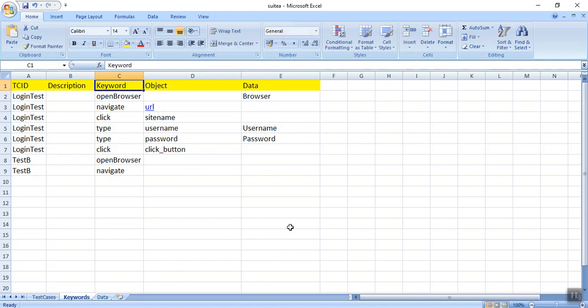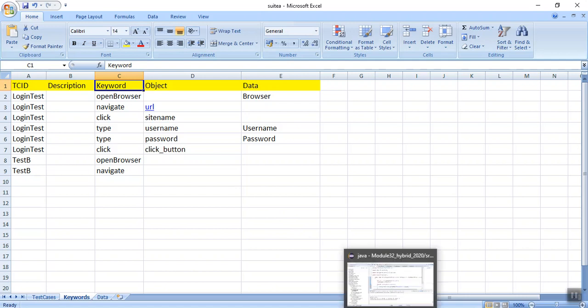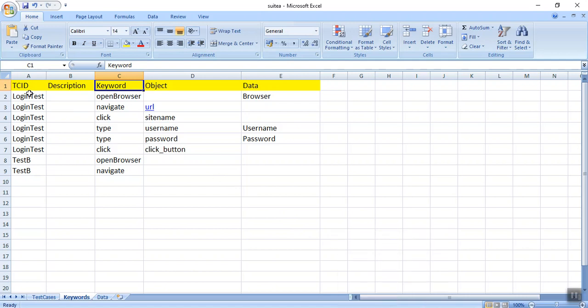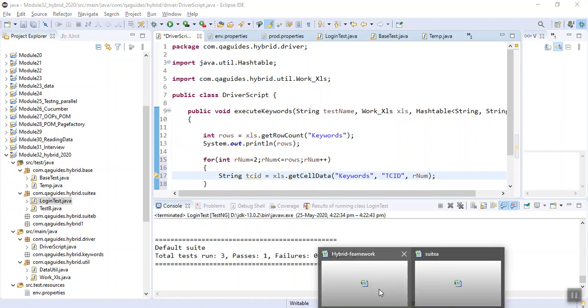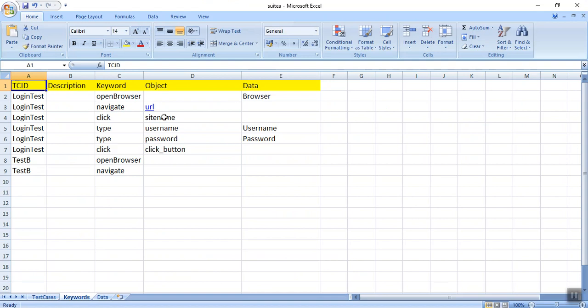Sorry, first I will take this id, tcid. Let's read one by one everything. tcid I will have, and we are on the rNum. See, our rNum is 2. Why? 1, 2, from here I have to read the data.